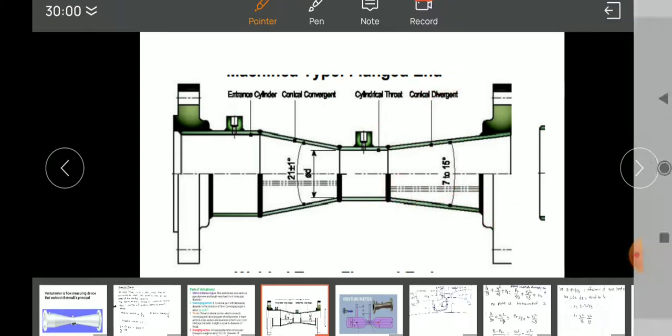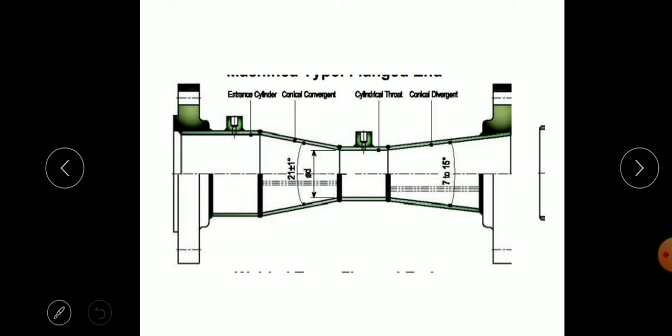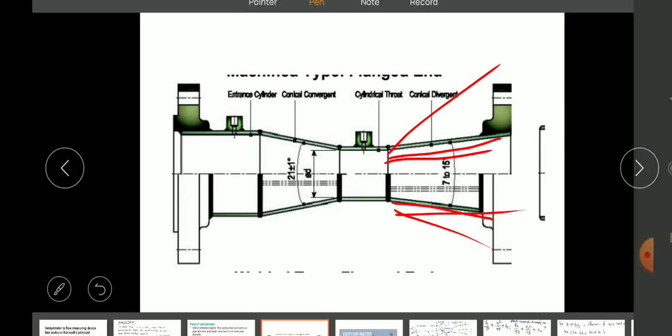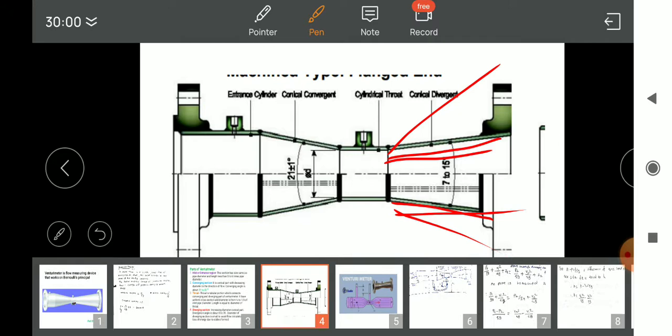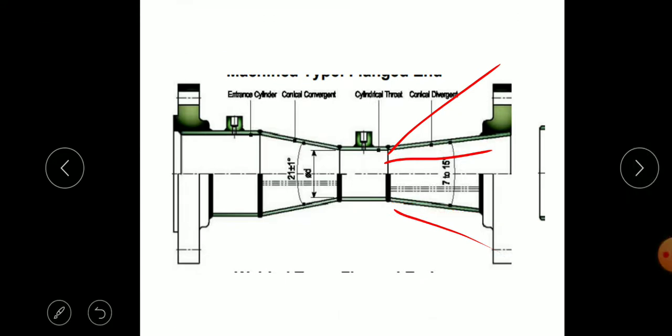The angle is not as steep as this. So there is a gradual increase in the diameter. Gradual, this shows the angle is small. Gradual increase in diameter. So the angle is up to 7 to 15 degrees. So if you have used a large